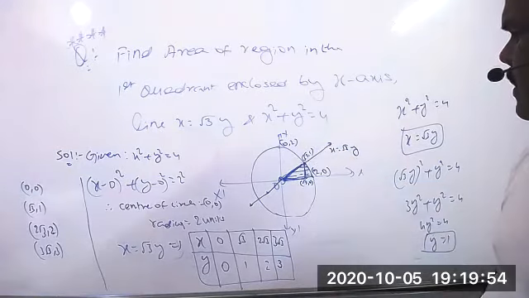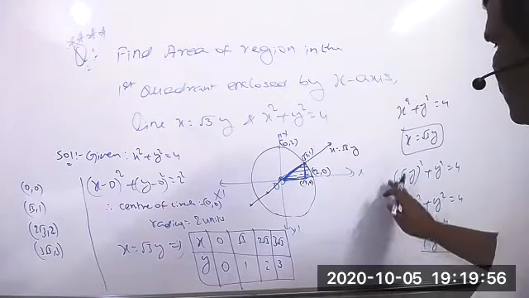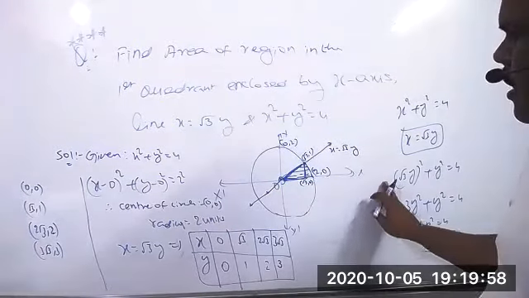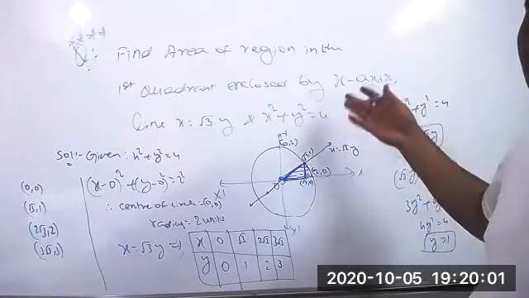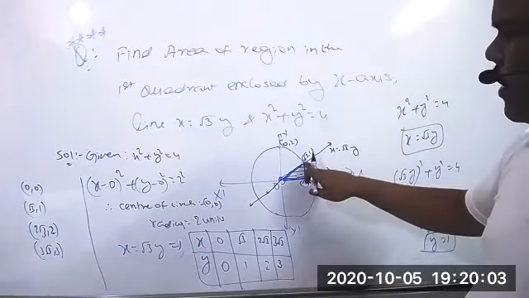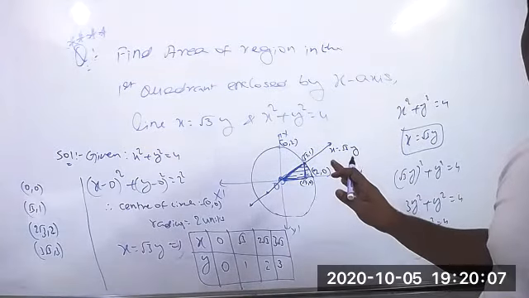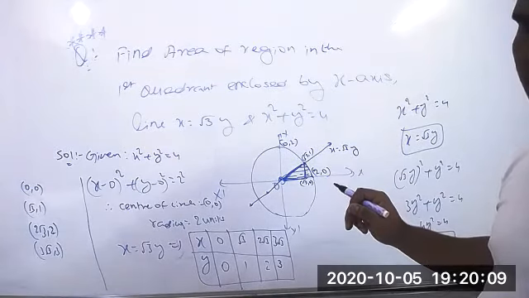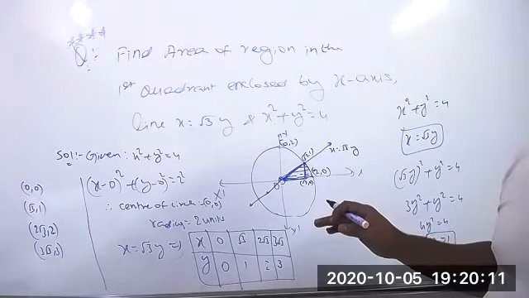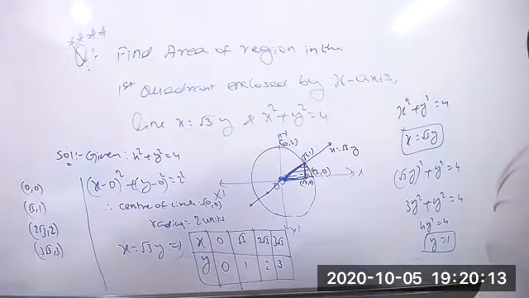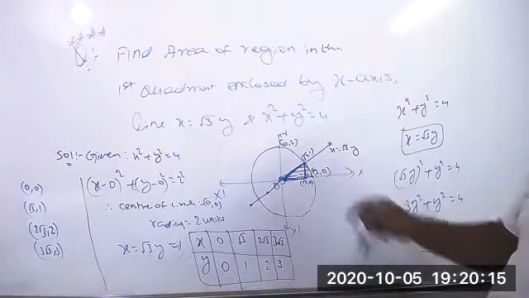Do we need to show this in the answer? This is not required, but if you want you can show that. Here it's okay, but in some other questions definitely. How to get this point is by solving the line and the circle. Yes, you can show that also, as a continuation. Okay, we got this point.